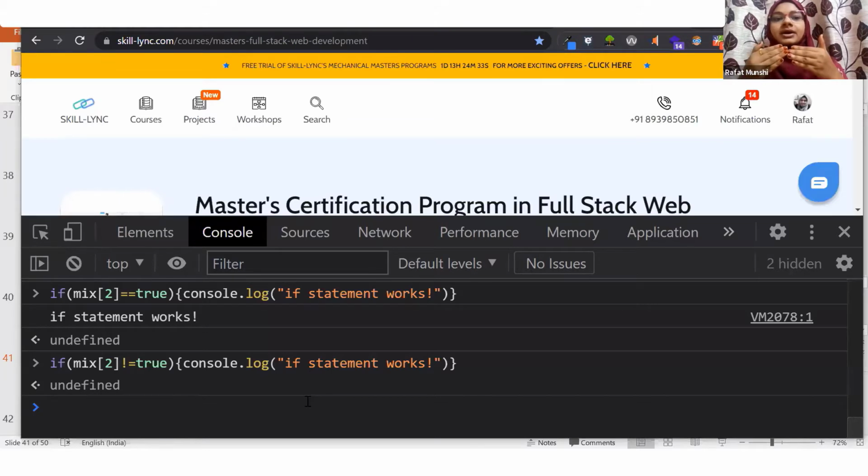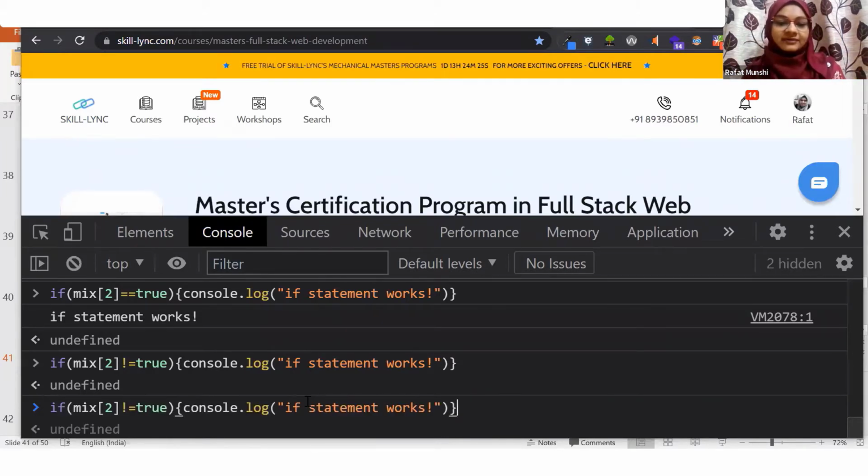So I should have some part in which if something happens, then do something. If that thing doesn't happen, then do something else. To do that, we have another statement which is known as the else statement. And in else, let's say I will write console.log, and here I'm going to write else works too.